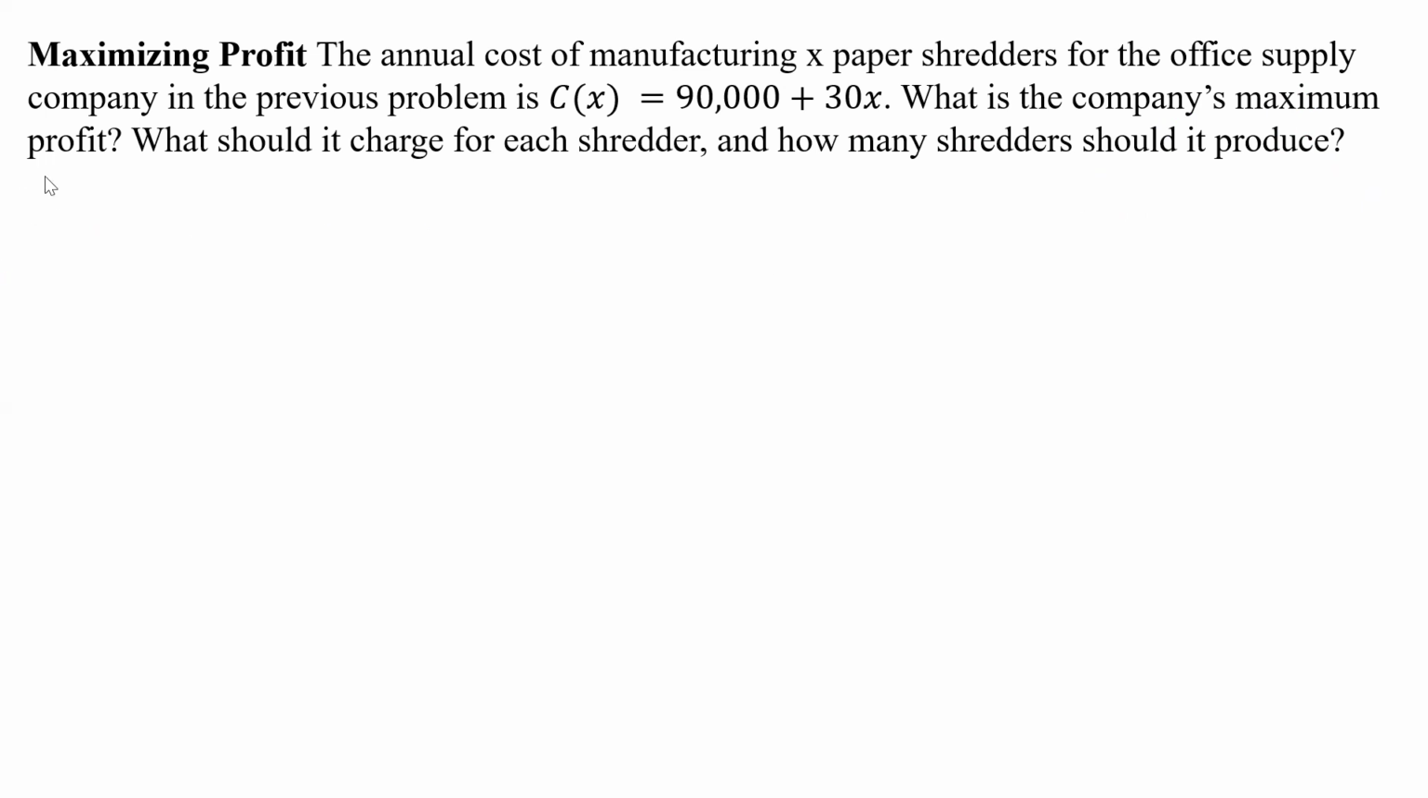Profit, P of X, is equal to what? Well, that's R of X minus the C of X. Revenue minus cost gives you P of X. And last time we had the revenue was what? 300X minus X squared over 30. And so that was our R of X. C of X they give is